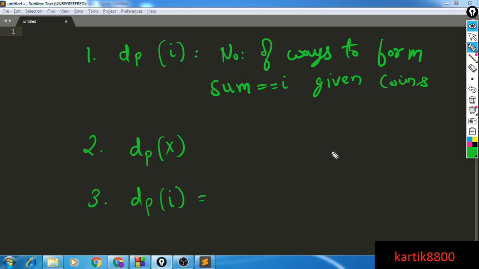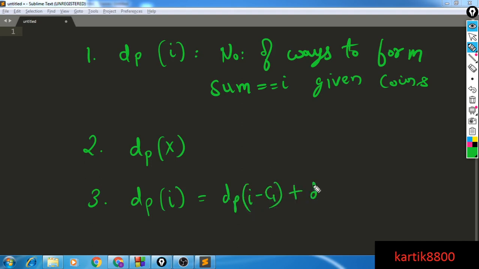Then I would like to find out the number of ways to form the sum I minus c1, and all those ways could be prefixed with a c1 to form a total sum of I, right? So that means my answer is at least dp of I minus c1.